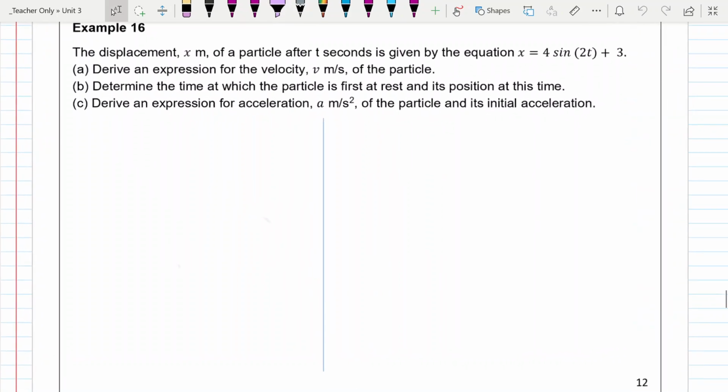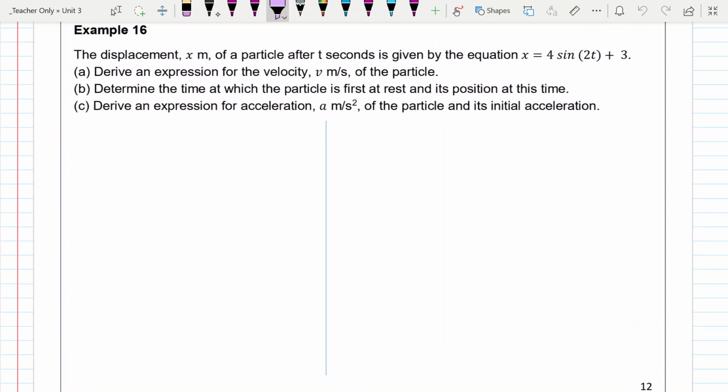So let's have a look. If x is 4 sine of 2t plus 3, we always need to acknowledge that velocity is the derivative of displacement with respect to time. And we also need to say which rule we're using. So